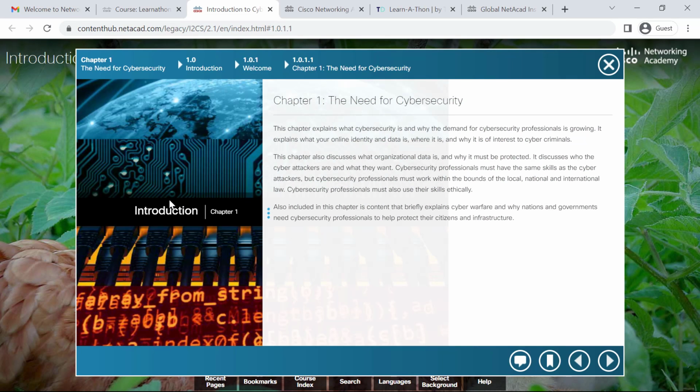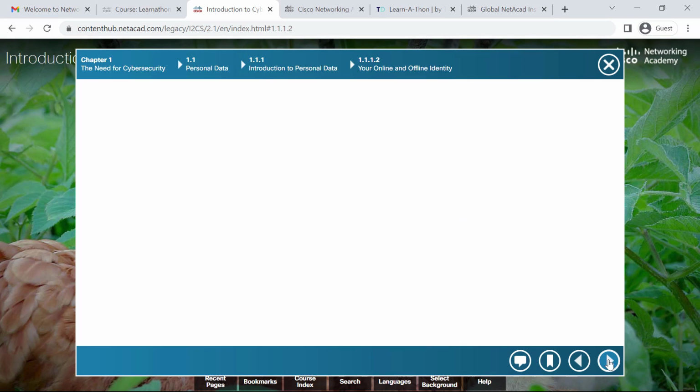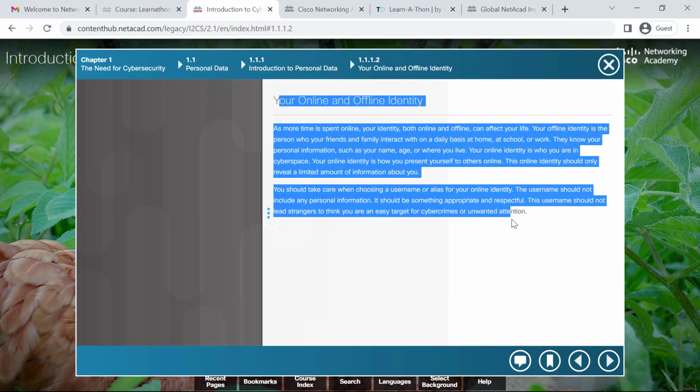After clicking on launch chapter, you will see this window in which you can study your course, and you can simply click on next and study this content.